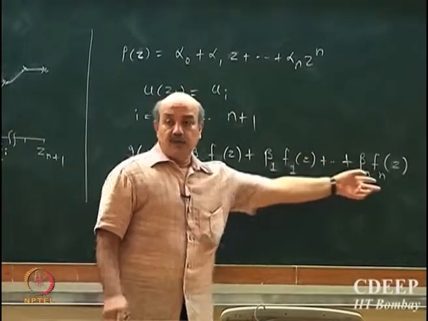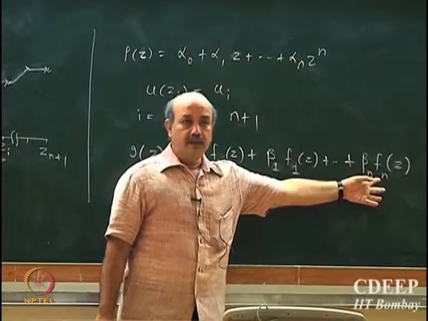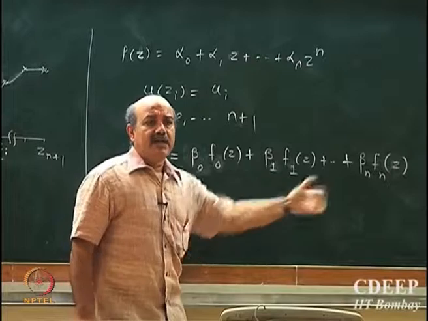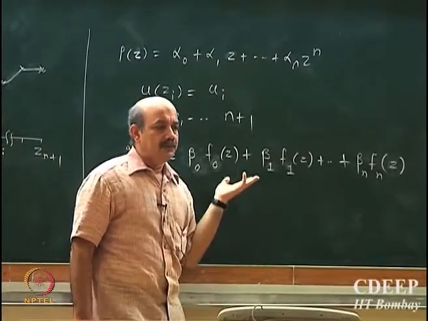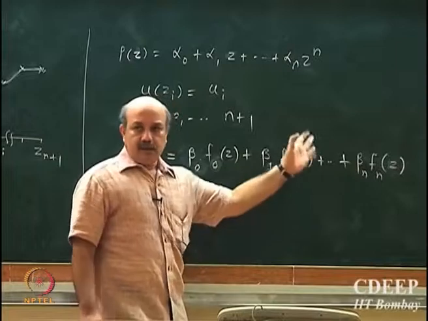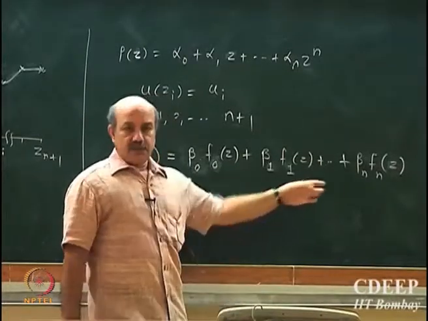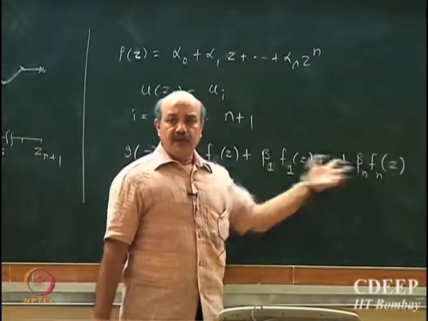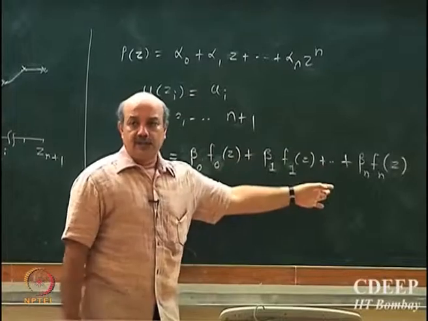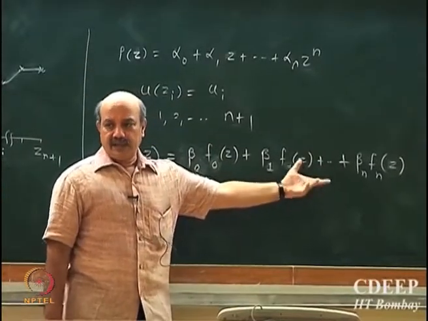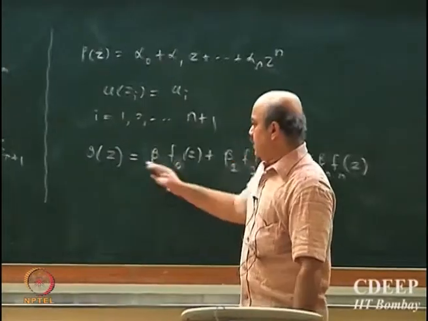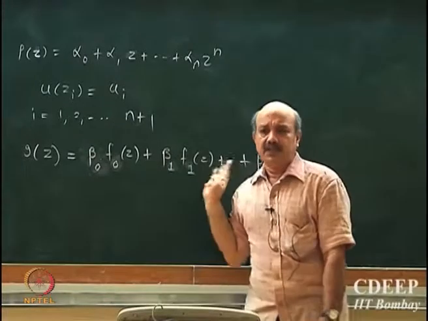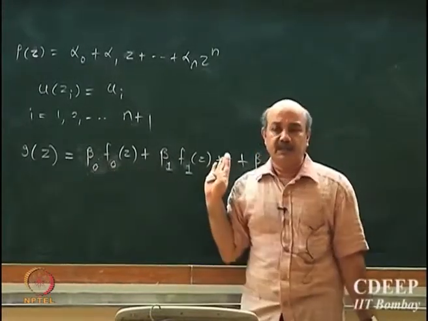Each one of them is a function of z. For example, I could use some of the standard polynomials, say Legendre polynomial here, or I could use shifted Legendre polynomial. Depending upon the context, you could use different kinds of functions. I could use here sine and cos. So it is not necessary that interpolation should be only through polynomial. Interpolation can be through functions. This will be called an interpolating function.